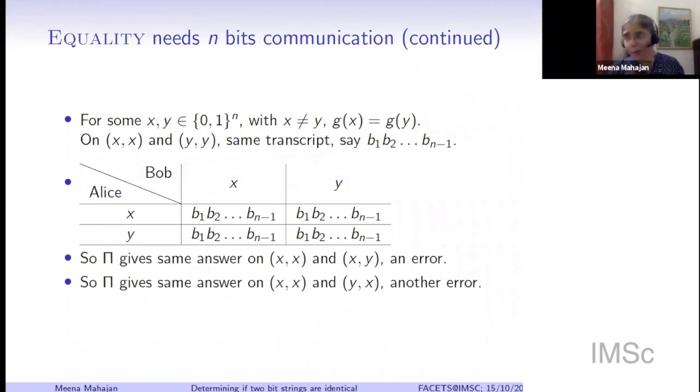And many lower bound arguments will have this kind of a flavor. They are basically going to use the syntax of the protocol or the algorithm, which is what we used here when we said that all we are using is the fact that it's a valid protocol and that it is a correct protocol. It is claiming to solve this question.